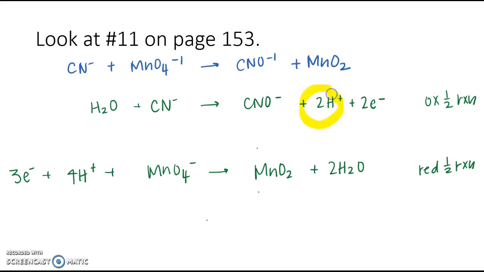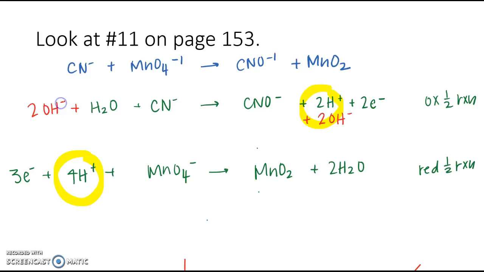What you should notice is that we have H pluses, and you should know that H pluses mean acidic. So those can't exist when we're doing it under basic conditions. So here's how we fix it. What we do is think about what is available in a basic solution. It's not H pluses, so you should be thinking, oh, OHs. So we're going to add OHs. However many H's you had, we're going to add OHs to that side, and we're going to add them to